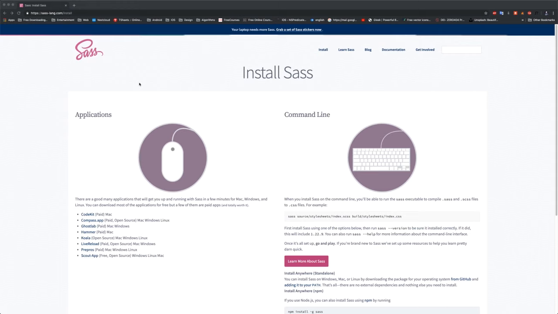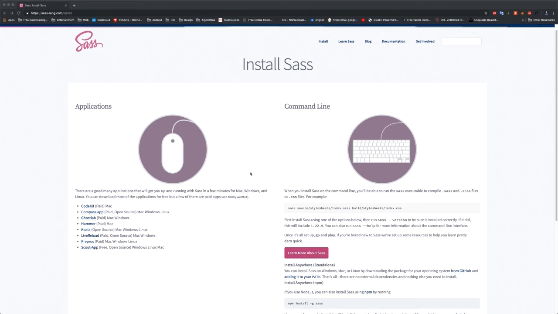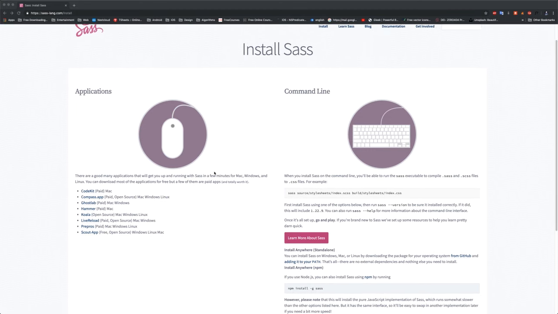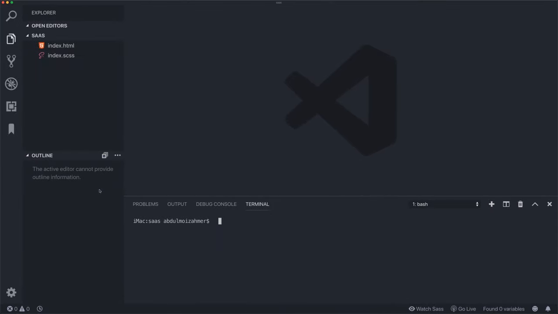There are a couple of ways that you could actually compile it. One of them is using your old school command prompt or terminal, and the other is that they have given a lot of applications that could help you run Sass. But I am old school, so I am just going to use my own text editor, Visual Studio Code,